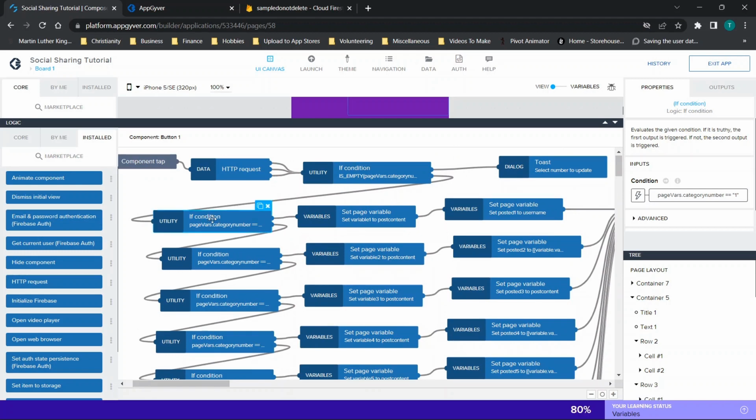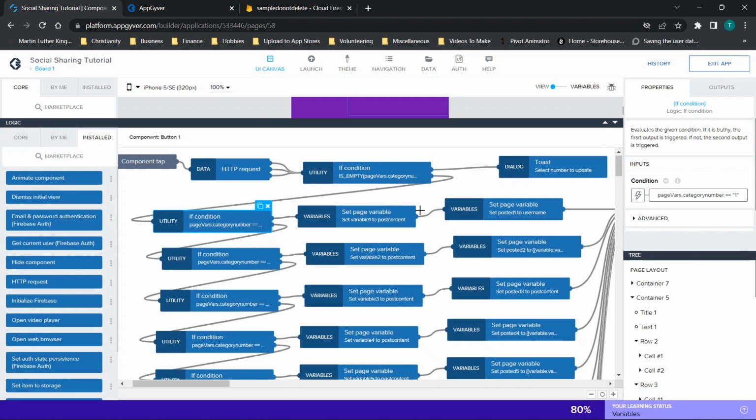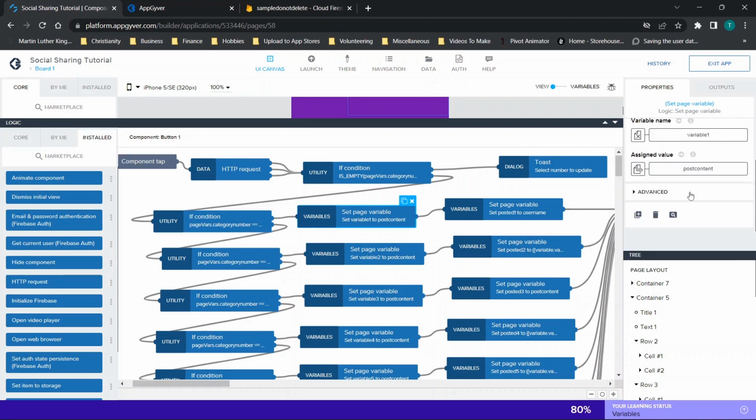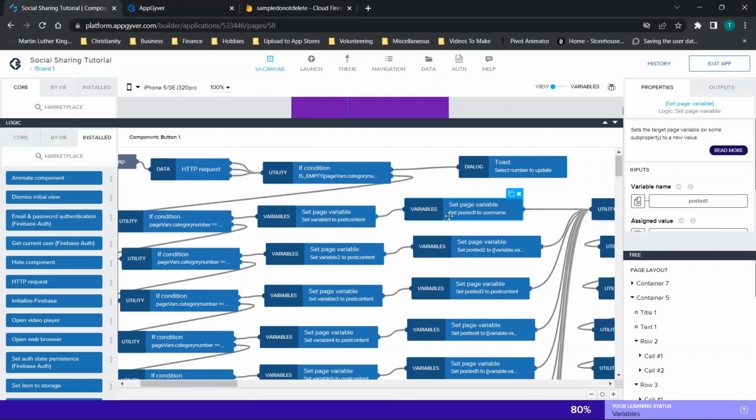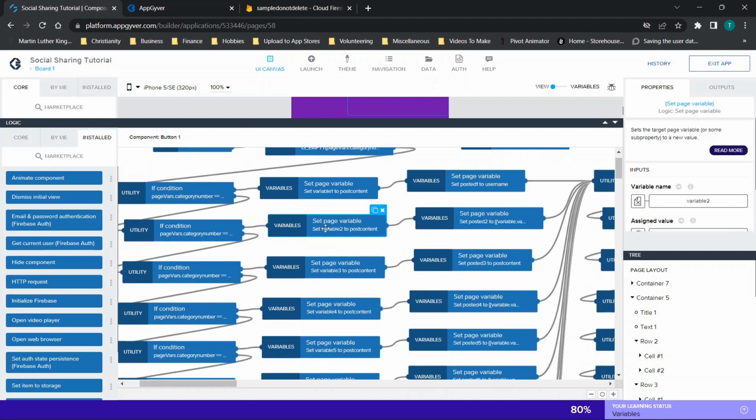So here's how you're going to work through this really quickly. The first one is checking if the page variable category number, which you've already set up, is equal to 1. If it is, we're going to set page variable, variable 1, to post content. And then we're going to set page variable posted 1 to username. Then you're going to go through to the second one, and you're going to set it up to